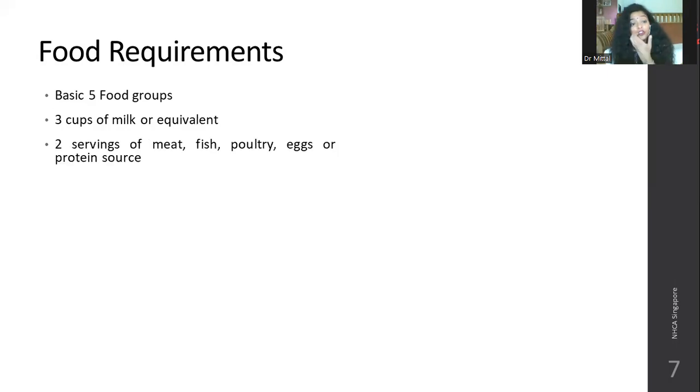Two servings of meat, fish, poultry, eggs, or any alternative protein source. Okay, what could be the protein source? What could be the vegetarian protein source which you can give? Meat, fish, poultry, eggs come under the non-vegetarian category. Okay, what is the vegetarian protein source which is equivalent to these servings which you can provide for a vegetarian mother? Yeah, soya bean, legumes, definitely, pulses,